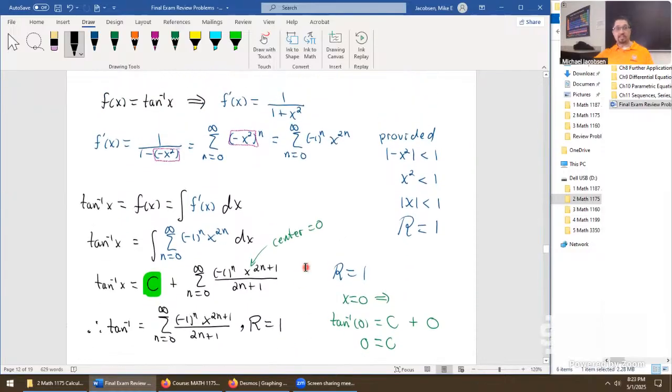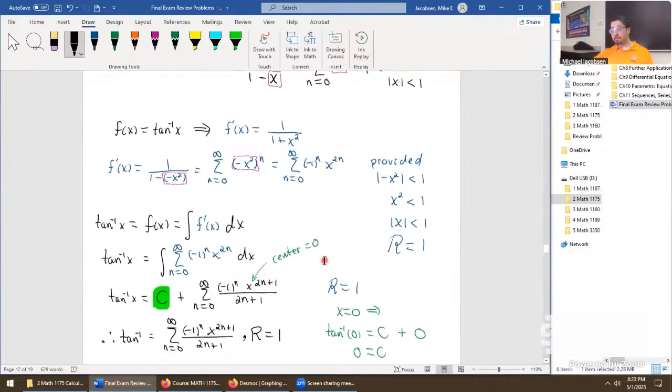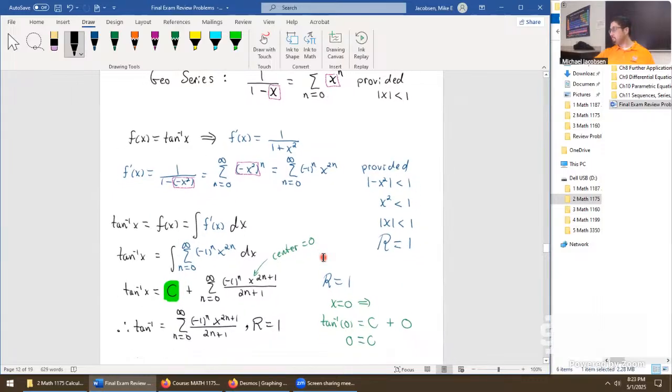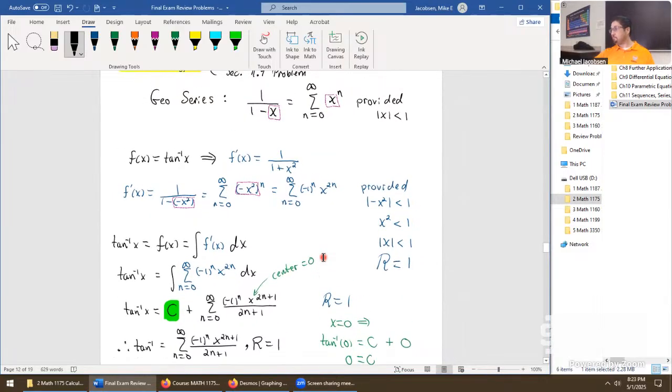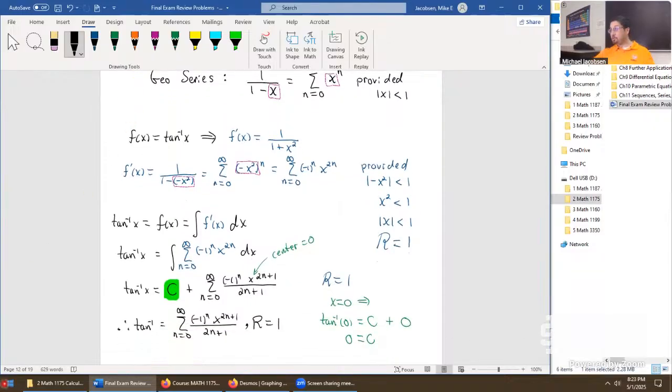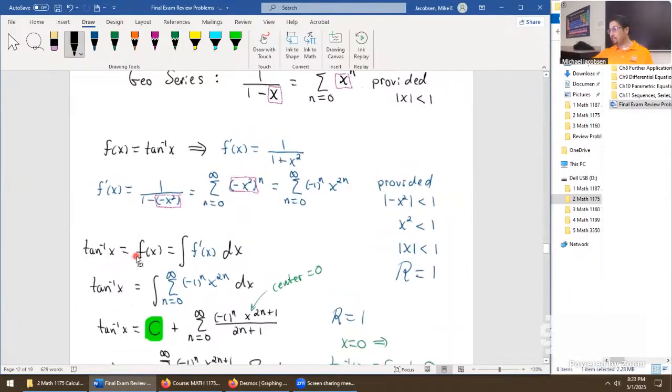Well, any last questions, folks? Kind of an unusual question because we called it a Maclaurin series. Okay, so this was our section 11.9 problem. And as far as the exam goes, you don't have to follow the hints, but oftentimes it's usually going to be the faster, more direct method to get through the problem. So let's try out the next one then.